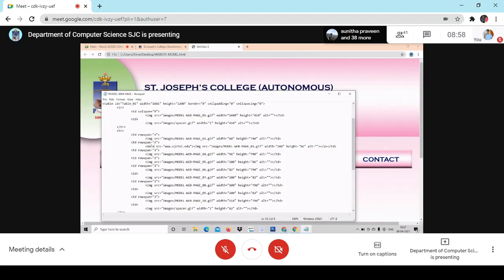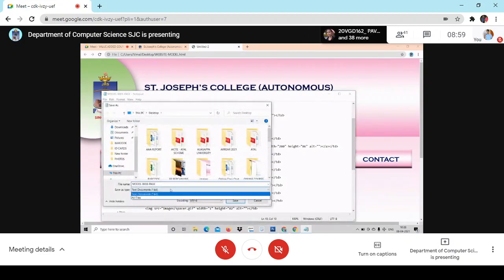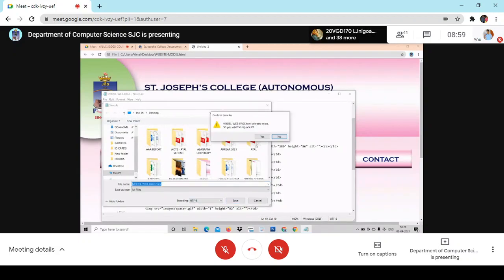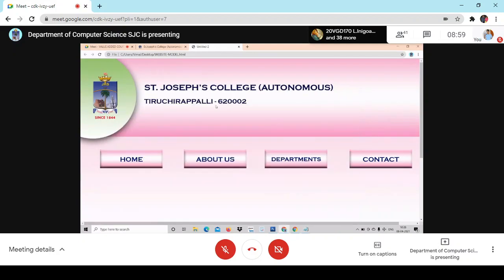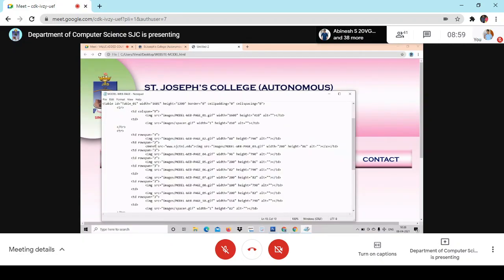H reference REF. It should be REF. Right? Okay. Now save as .html. Save it always .html, right? I've saved it. Now I go back. I press function F5. It will be updated. Again, it does not come out well. Now I go back to the programming once again.